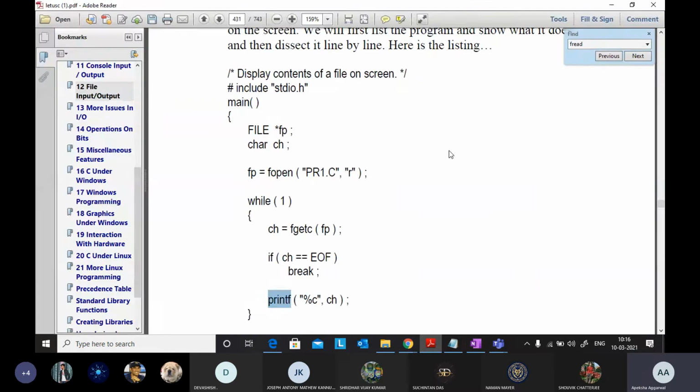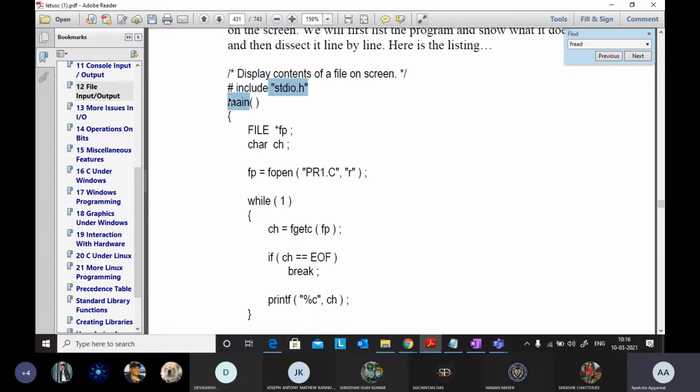If you must have seen the format of a function, we need to declare a function before using it, right? We need to define what that function does, what it takes as input, and what it gives as output. So we always need to give the definition to the compiler. Whenever I'm using a function, I need to tell the compiler that this function is already declared in the stdio.h header file, and its definition you can find there. So this is a pre-processing command.